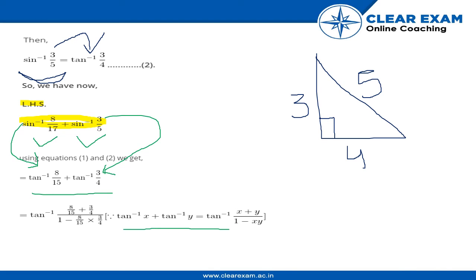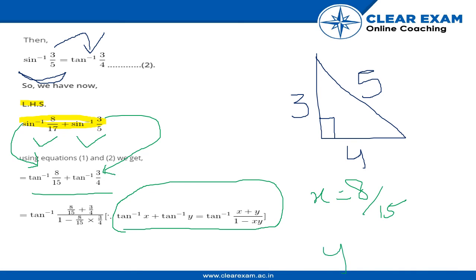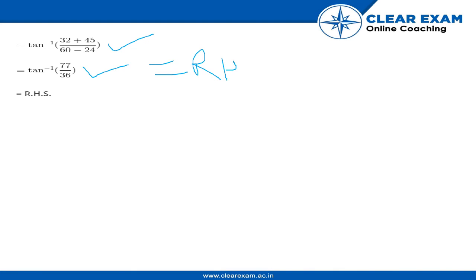Next, we apply the formula tan inverse x plus tan inverse y is equal to tan inverse of x plus y upon 1 minus xy, where x is equal to 8 by 15 and y is equal to 3 by 4. Simplifying the expression, we get tan inverse of 32 plus 45 upon 60 minus 24. Further simplifying, we get tan inverse of 76 by 36, which is actually equal to what's given in the RHS